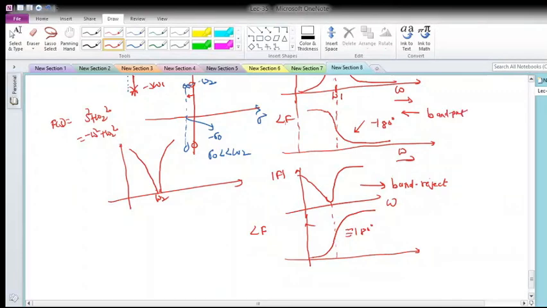Okay, so in order to have good band pass behavior, what should be the case? I should have complex conjugate poles, so that the real part is very less than the imaginary component, so that I get a good peak as a band pass. And for band reject, if I would like to have a very good band reject, what should be the case? I should have a complex conjugate pair of zeros, where the real component of that pair has to be very small compared to the imaginary component of it.